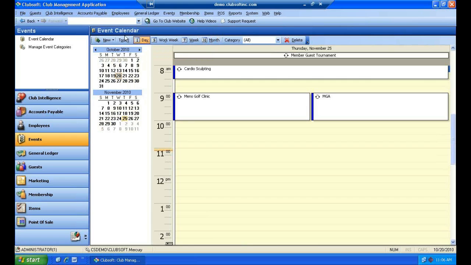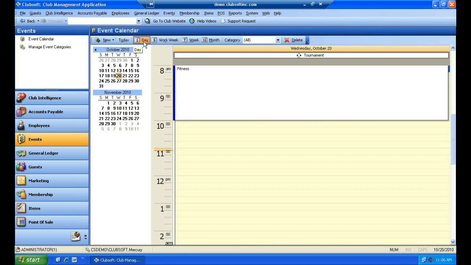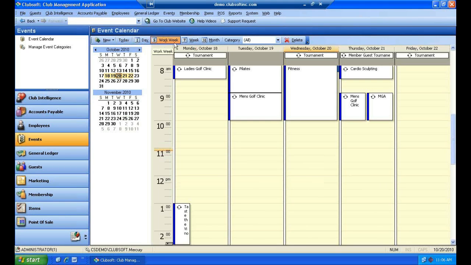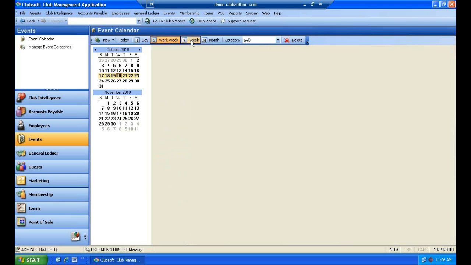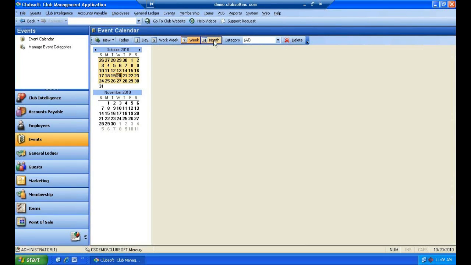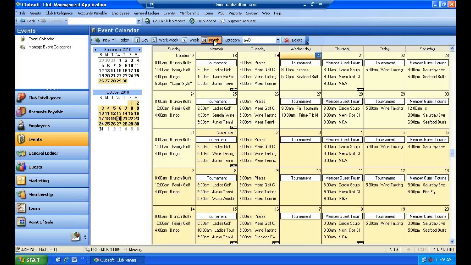Additionally, I have lots of different views here at the top. I can skip the day if I like, or I can view a day, work week, which again is just Monday through Friday. I can view a week, as well as a monthly view. Everybody's really got their favorite. I tend to use the weekly most. Unlike the web display where we'll stretch the calendar,